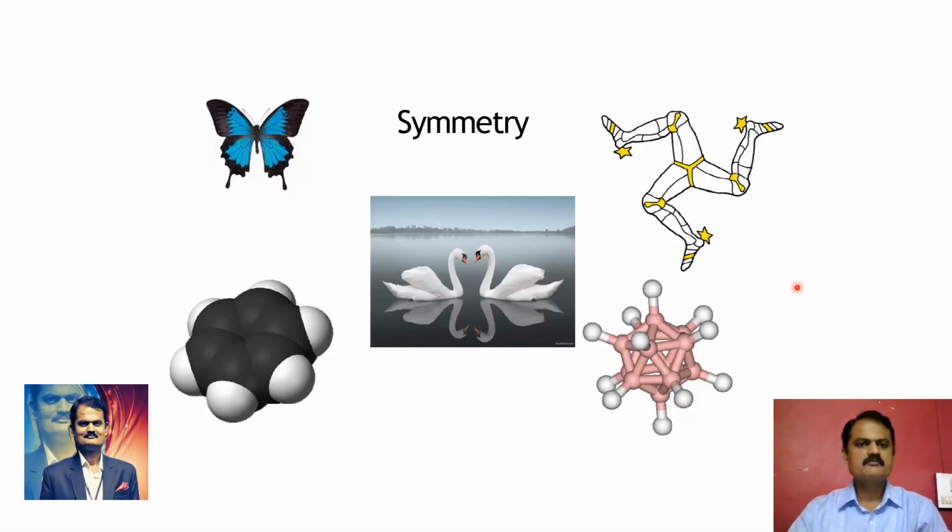When you consider the symmetry, there are a number of symmetry elements and symmetry operations. How to find out what type of symmetry elements and symmetry operations are present, all these concepts we discussed in the first video. In the second video, we are going to study what the symmetry elements are, and how the symmetry operations are drawn and constructed for each and every symmetry element.